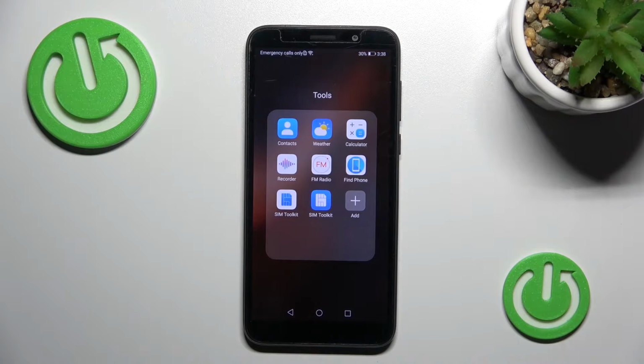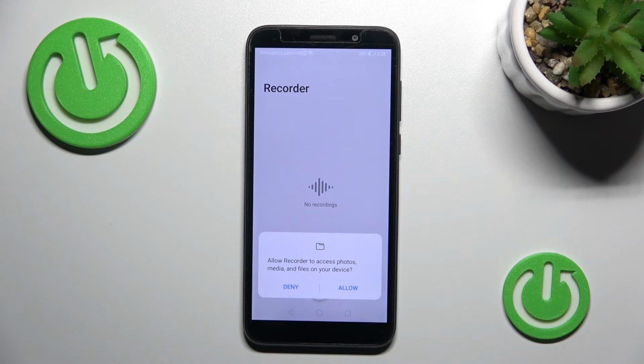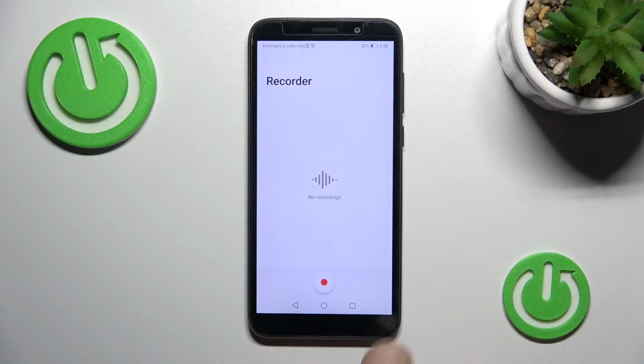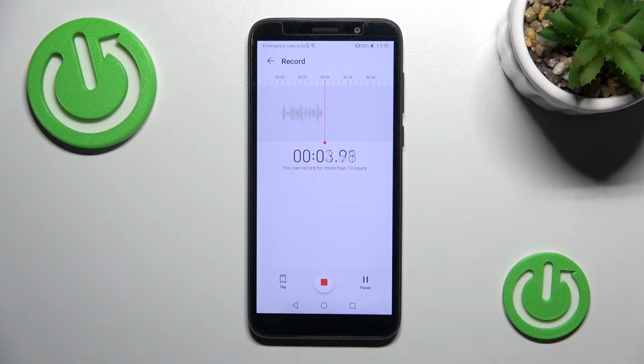First, you should find the Tools folder, and here you'll see the default installed recorder application. Just open that, click here to allow, and here you can see this red dot. To start recording, you should click once on this dot, and as you can see, our recording started